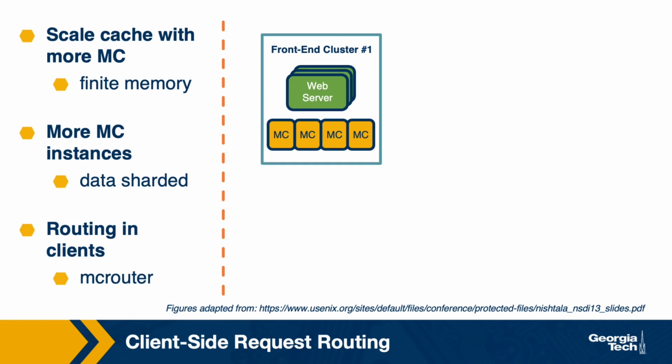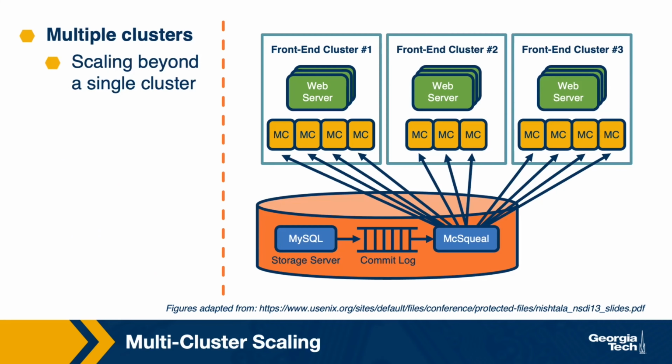This decision to keep Memcache simple and to offload the routing decisions onto the Memcache clients, as well as the cache fill decisions and some of the other mechanisms that sit with the client, is what ultimately helps us scale Memcache, because these are operations that now don't have to be executed by the Memcache servers themselves. A single Memcache cluster will also have some bottlenecks.